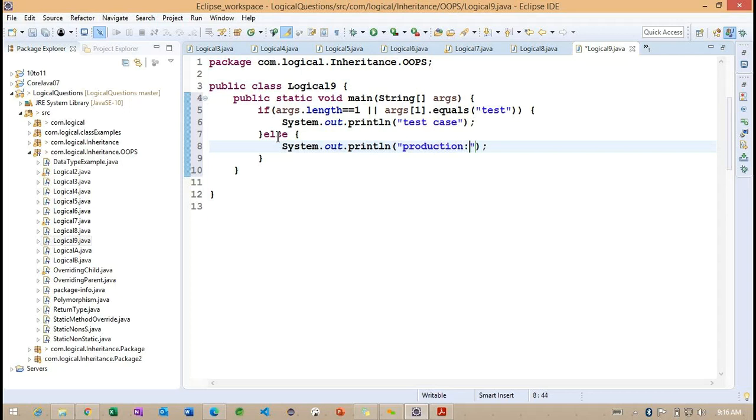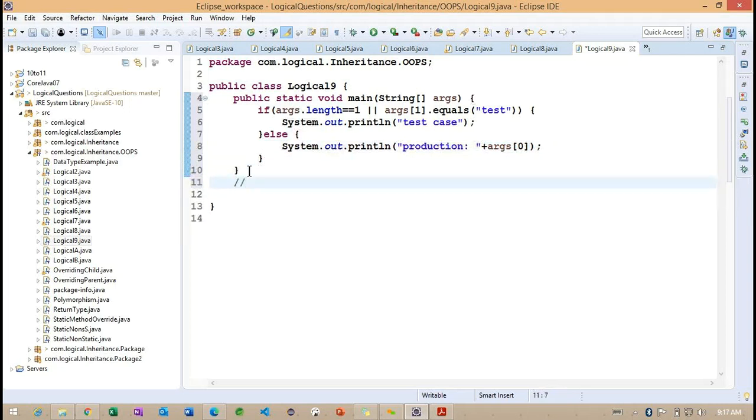I want to check the production something, args[0]. So now you can think here, if I run this example, what happens internally?